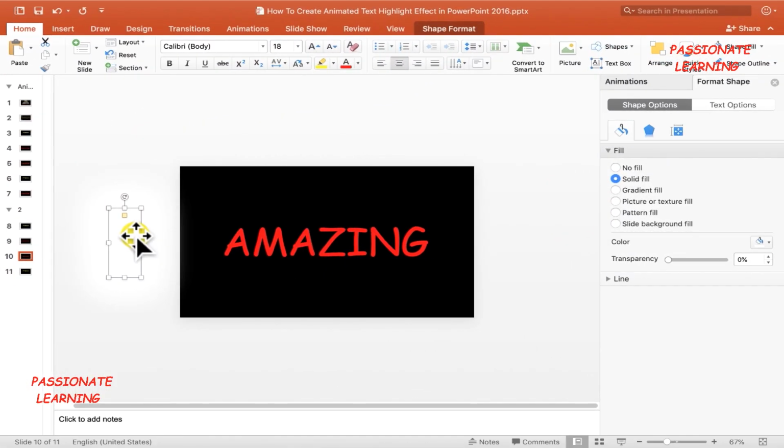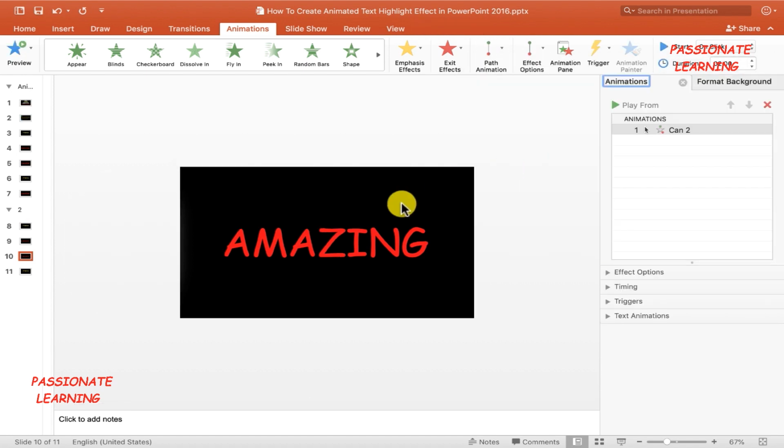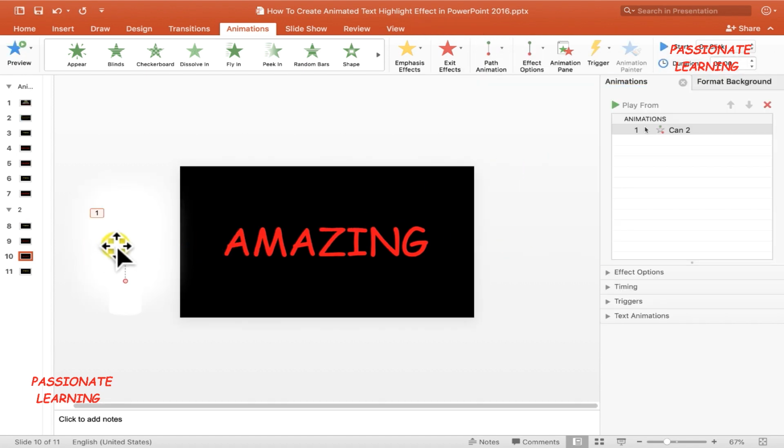Now friends, after adding the can as well as the text box inside the slide, I need to add animation for this can. So let me just select this, come over here to the animations pane and then select a path animation of a line. And you can see here, as in the previous slide, the direction of this animation is from top towards bottom, whereas I need this direction from left towards right, like this. And after that, let me come over here to the animations pane. This animation is starting on click, which is okay.